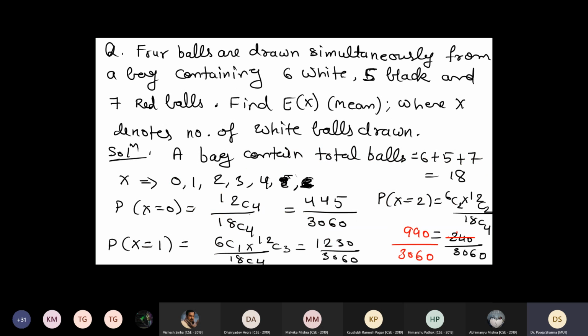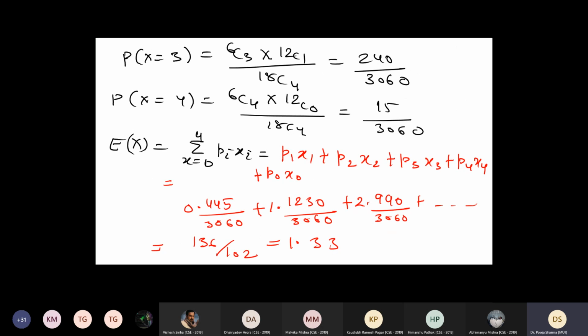Please check this 13. For x equals to 1, this should be 13. I have written it directly. I have not solved it through the calculator. Please cross check all the values also if you can. And what about the others? Is it right? Okay. And please cross check the expectation also at last. If you all have a calculator, solve it. What expectation value are you getting? The same you are getting?